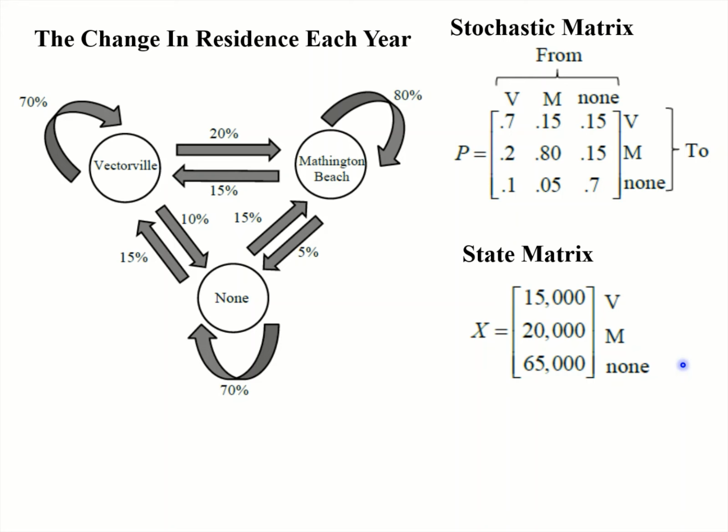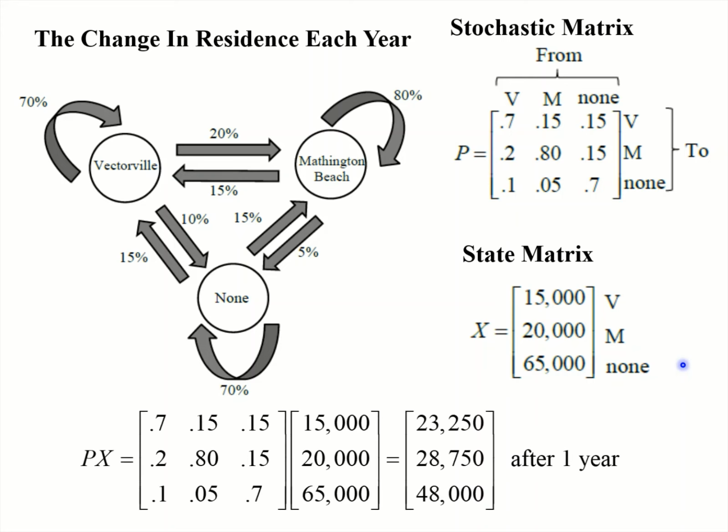We're going to illustrate matrix multiplication again. We're going to go P times X. See, P is 3 by 3 and X is 3 by 1. And what we're doing is we're zapping each of these numbers with the probability. So like 70% of 15,000 plus 15% of 20,000 plus 15% of 65,000. You add those together, you get 23,250. That's how many people we expect to live in Vectorville